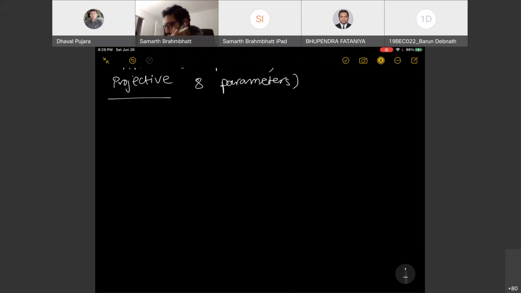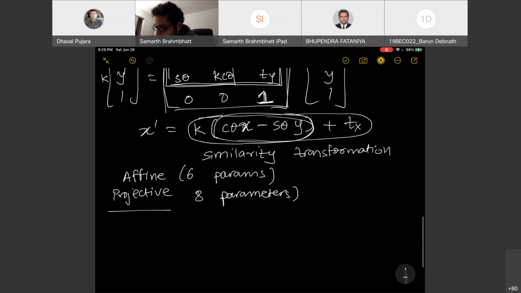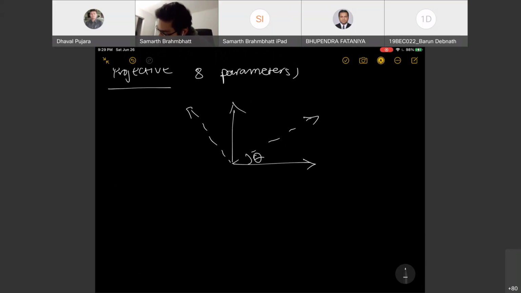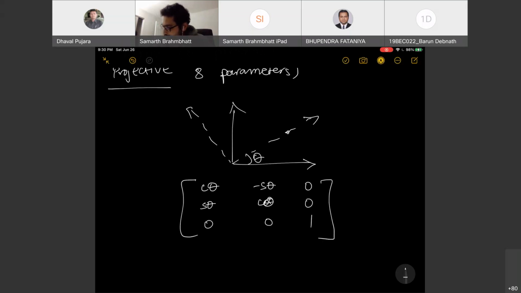So when we move to 3D, I just want to show you one example from 2D that we had before, right? So we had this pair of coordinate systems, right? And we said that the transformation matrix for that was going to be cos theta, minus sine theta, cos theta, and then